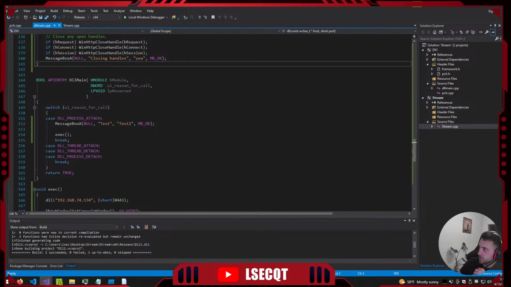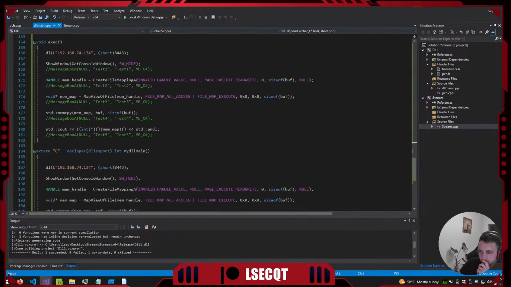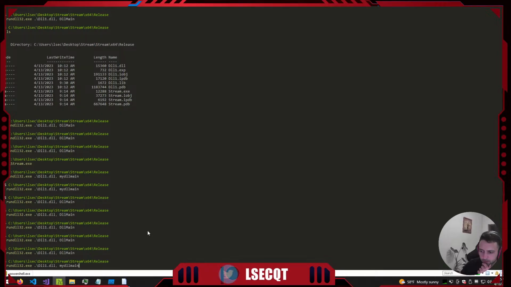If you guys can find an idea, just ping me up. So with that it works. So most likely something with the export. It has to be something with the export. Yeah, because that it works. I mean, if we do my DLL main,